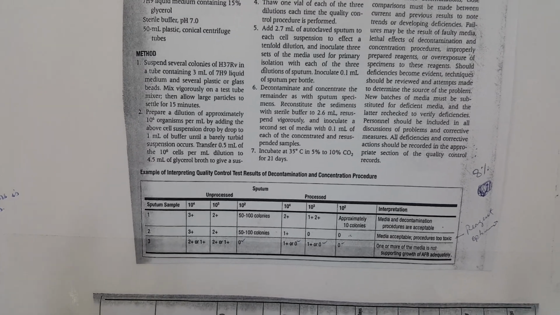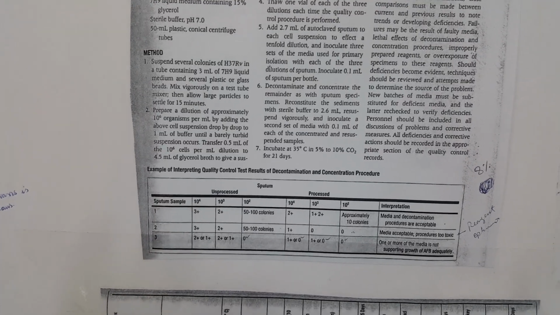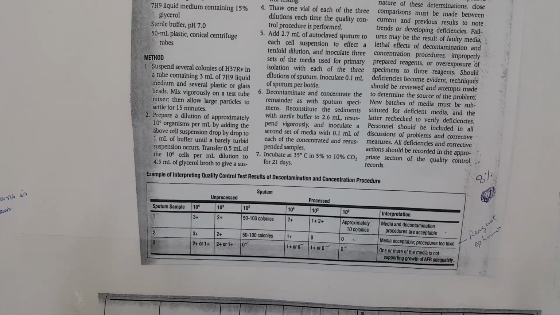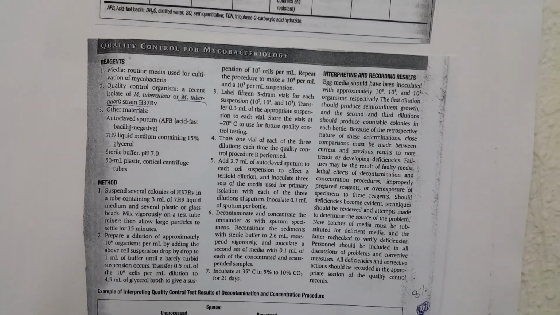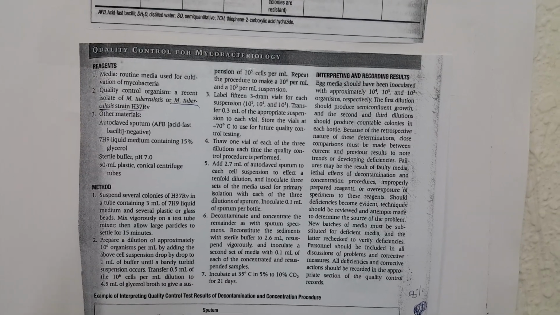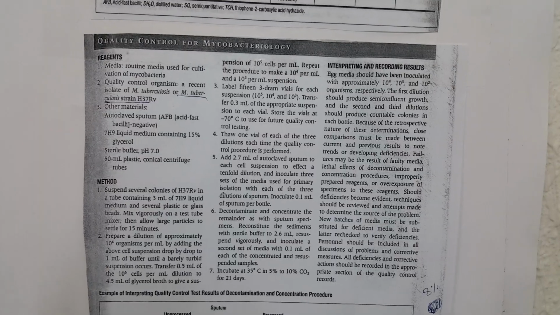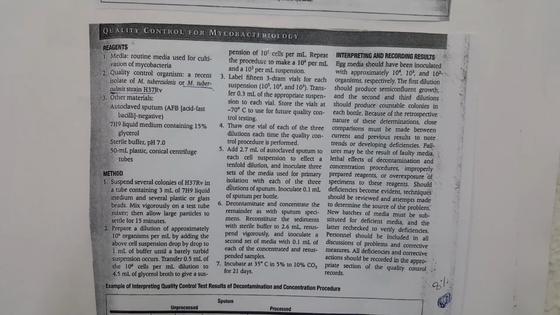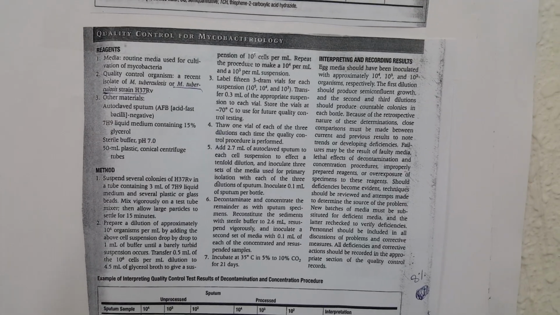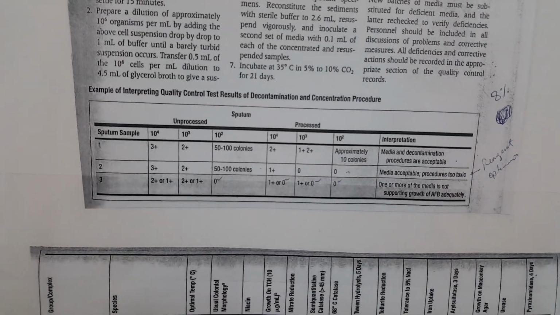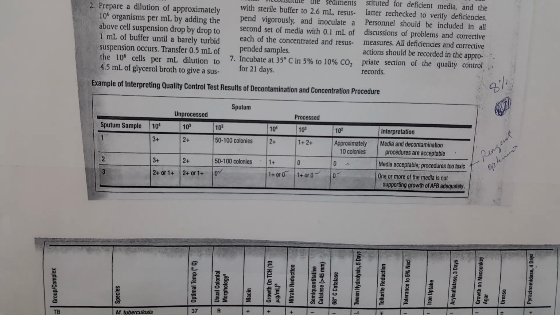Transfer 0.5 ml of the 10 raised to power 6 cells per ml dilution to 4.5 ml of glycerol broth to give a suspension of 10 raised to power 5 cells. Repeat the procedure to form 10 raised to power 4, 10 raised to power 3 and 10 raised to power 2 organisms per dilution, and then label all the vials and inoculate the desired organism on the culture